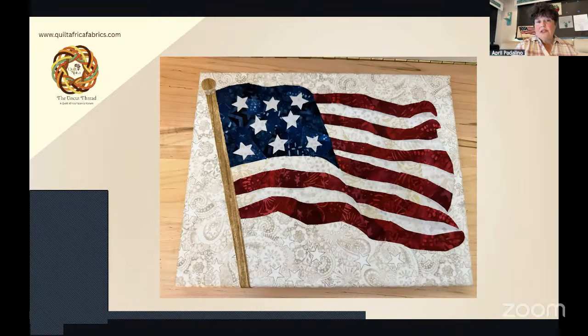You can also use that little iron wand to only touch the parts that are touching the parchment paper to help hold it to the parchment paper so that it doesn't move on you. And I have actually steamed an item and said, no, no, no, that's not right. I don't like it. And I've taken it back apart.